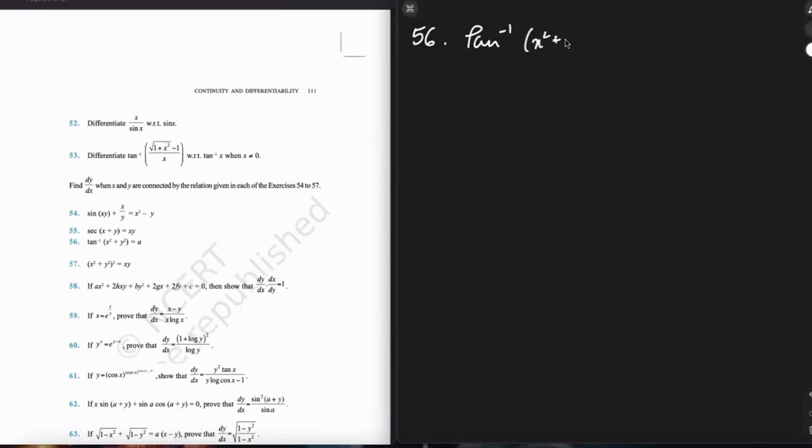x square plus y square is equals to a constant a, right? So what can we do? I can write it like this: x square plus y square is equals to tan a. Simple. Then